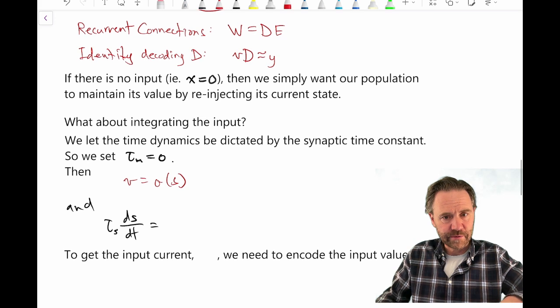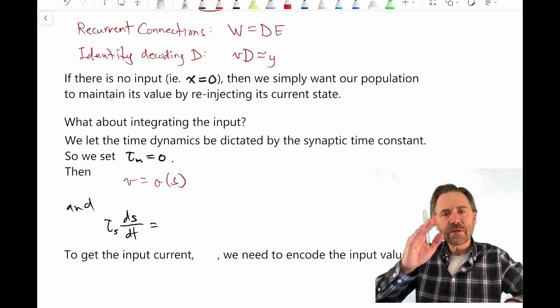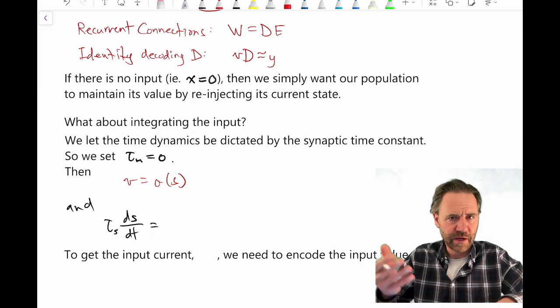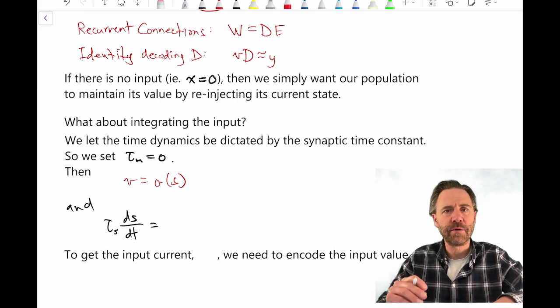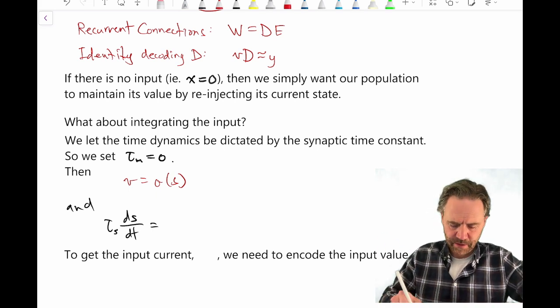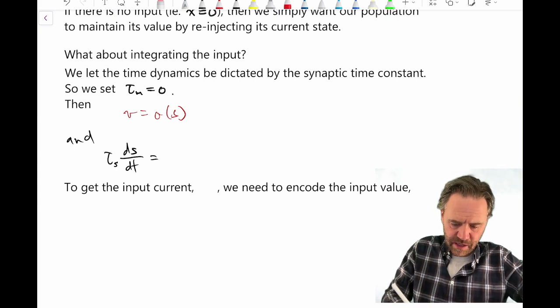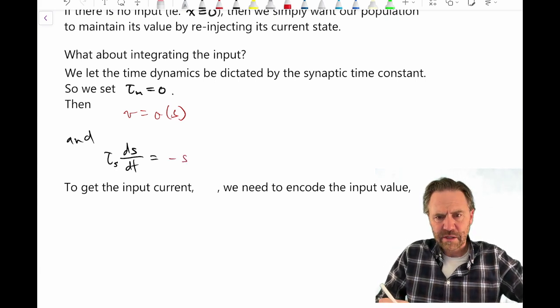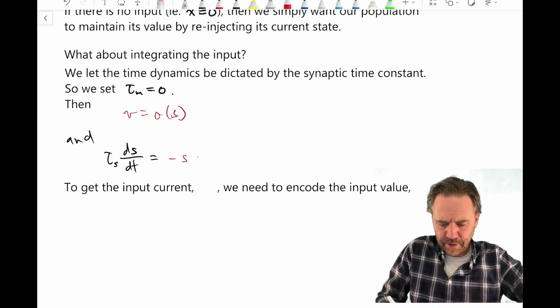Because of the neural activities, V is constantly at equilibrium. Whatever S is, V just immediately computes sigma of S. But the S is dynamic, so we still have this differential equation. Now, instead of writing plus C, I'm going to write